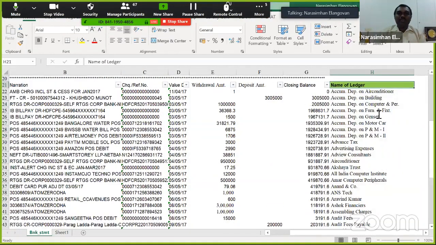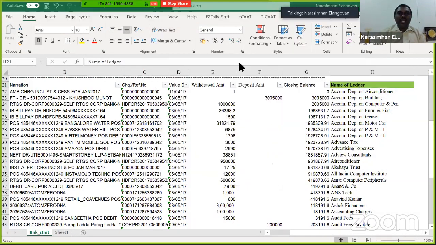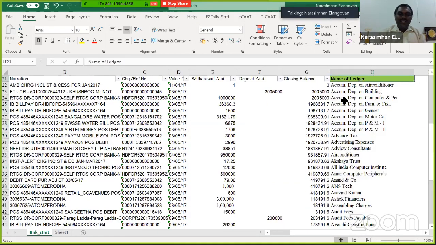The moment the article staff enters, hypothetically, I am entering all of these transactions. I've already copy pasted because for want of time, I've just entered some random thing. These items have got entered. Now, the moment this is entered, my dear friends, what happens? I go to the software. See, what is the purpose of the software? Let us understand. I want to import my bank statements. I certainly know a debit leg or the credit leg is definitely the bank. What I do not know is which is that other leg or which is the other ledger. So for that, this can be extremely handy.